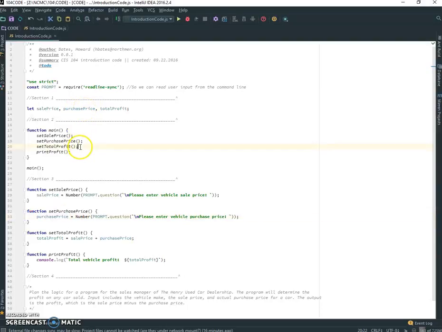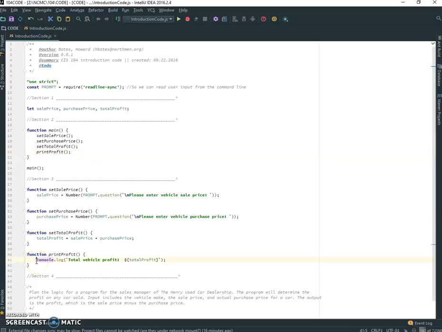Then the next thing that I do after that is done, and I hit this curly brace, is I jump down to set total profit. I come down here and I set total profit to be equal to sale price plus purchase price. Now that's not the correct formula, but I need to be able to demonstrate how this plus sign works. So that's why I did it like that. And we'll code it again here in just a second so that it's actually the correct code. After it sets total profit, then the last thing that I do is I simply print profit,